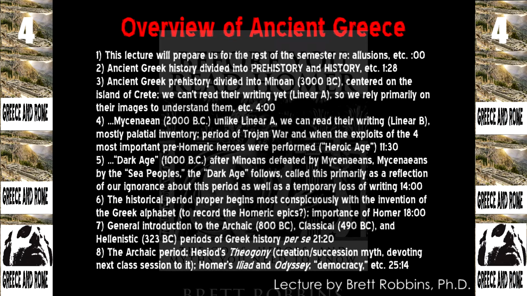Okay, you guys, you should think of the Dark Ages beginning around 1000, because that makes it nice and neat. Okay, if you want to be real strict, maybe 800 is a better date to give. But we're talking 3, 2, and 1. 3, 2, 1, easy to remember. You could do worse than that. You could also do better than that, depending on which histories you're reading and which articles you're reading and all that. But the bottom line is that it gives you a decent thumbnail of the relative time elapsing between these three periods. Okay, so we could call them Minoan civilization, Mycenaean civilization, and then the Dark Age.